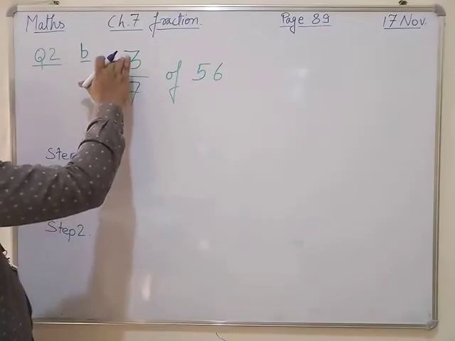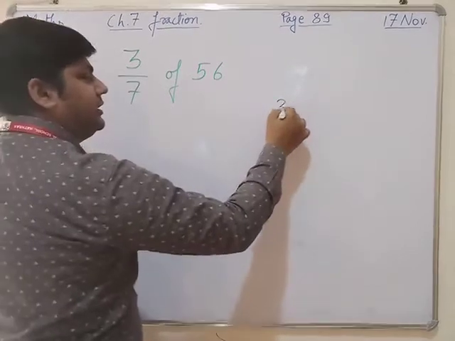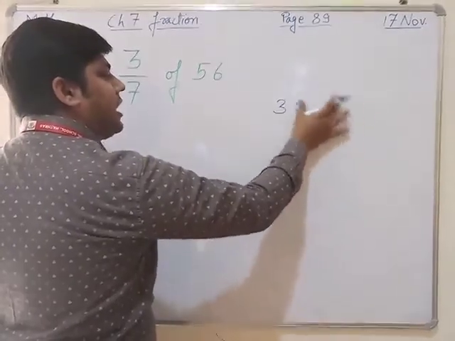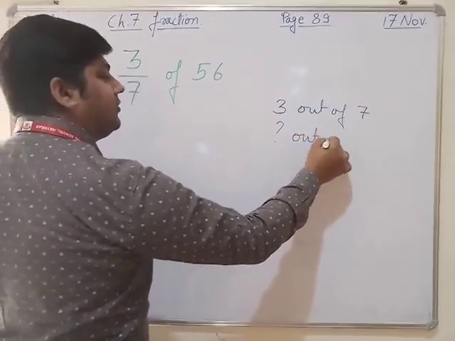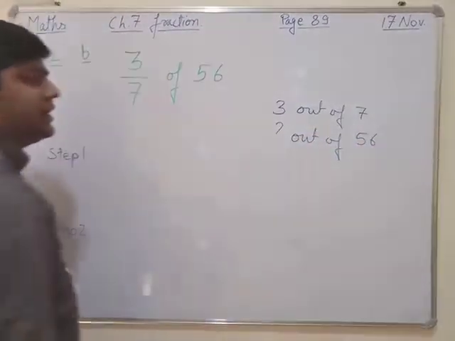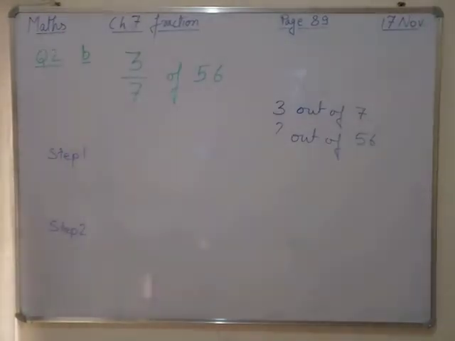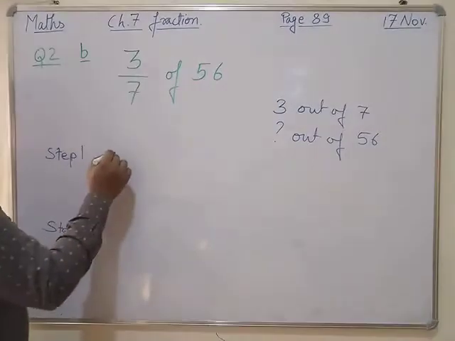Listen very carefully. This question is saying you have a collection of 56. अगर आपके पास 56 balls हैं, तो उसमें से आप अगर इस तरीके से निकालें, you can take out 3 balls out of 7, आप 3 balls out of 7 balls ले सकते हो, तो बताइए how many balls you have to take out of 56. It is very easy. Now we will solve this. Step 1 is divide